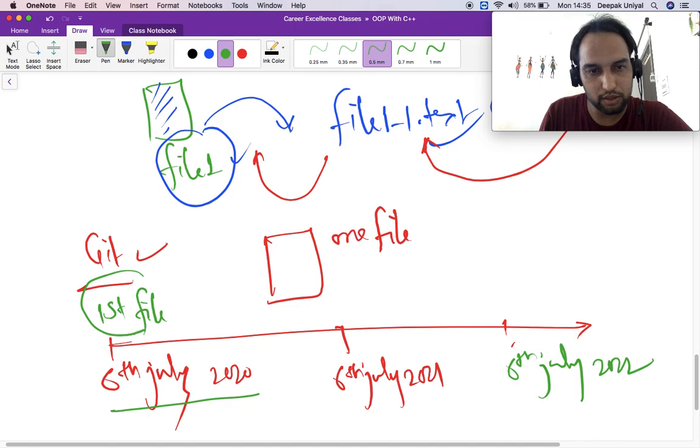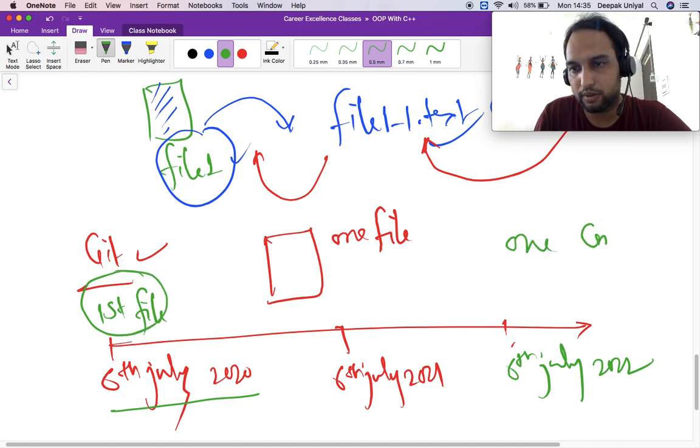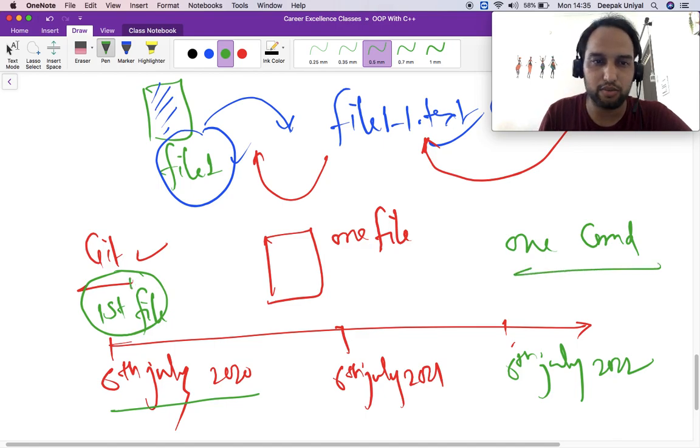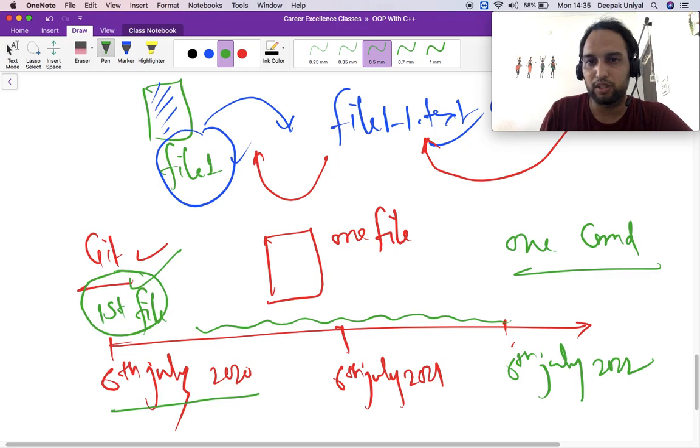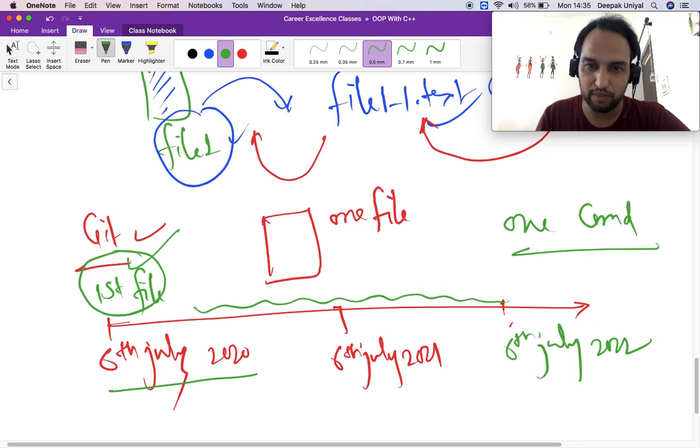So you can use just one command and access this version or any other version in between, right? So you don't need to manage all these files, and you don't need much space to store them. Just one command will give you this file or any other file in between, right?